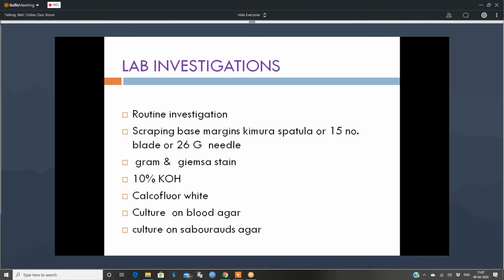In the lab investigations, we do the routine lab investigations, but most important is corneal scrapings. This is done using different instruments, which I'll be explaining now. When you take out the scrapings, you put them on slides and subject them to gram stain and KOH stain. Also, a part of your scrapings will go for culture and sensitivity. So we'll look into the details now.